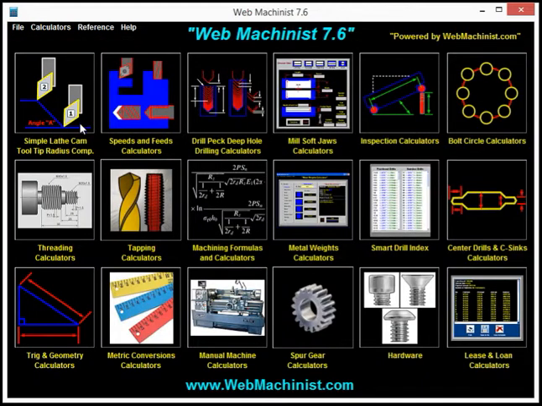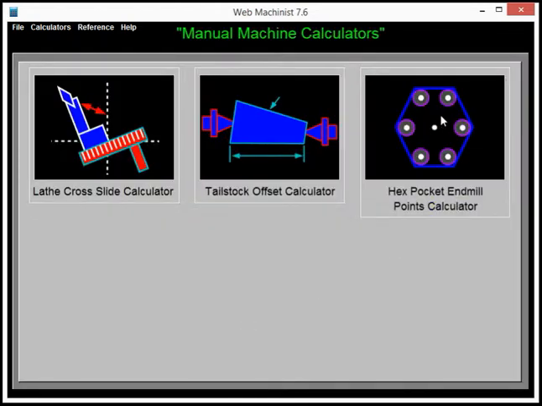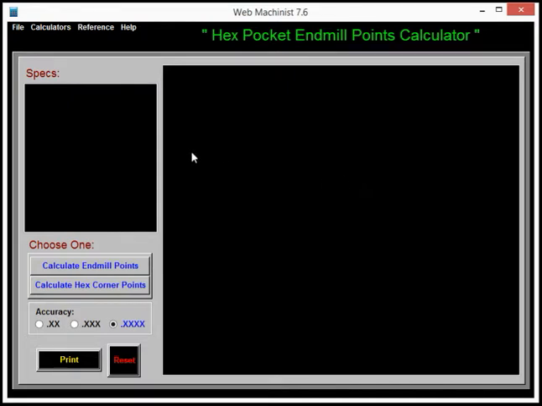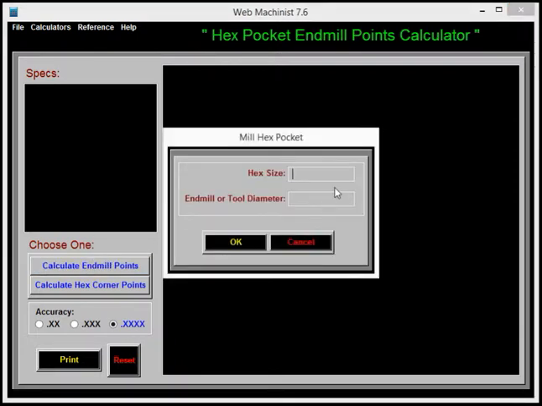Okay, going back to the main. I think this one's kind of interesting. I had a customer that needed this. I don't really remember what exactly he was doing, but he needed to know inside of a hex where an end mill would fit inside the corners. That's what this does. So calculate end mill points on this hex, put in the hex size. Let's say it's a 3-inch hex, and let's say the end mill diameter we're using is 1/2 inch, and click